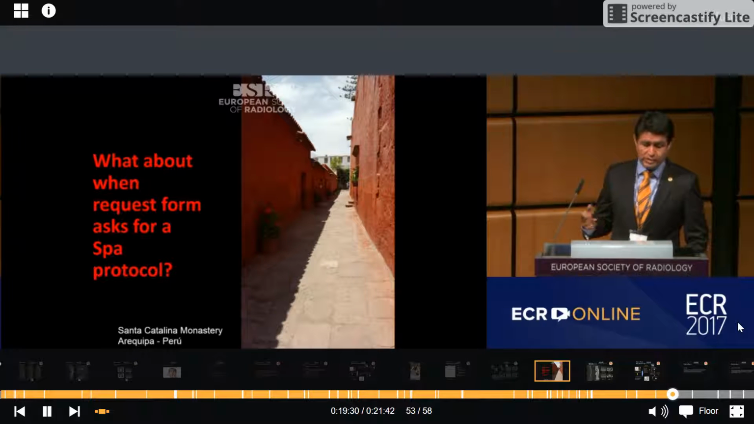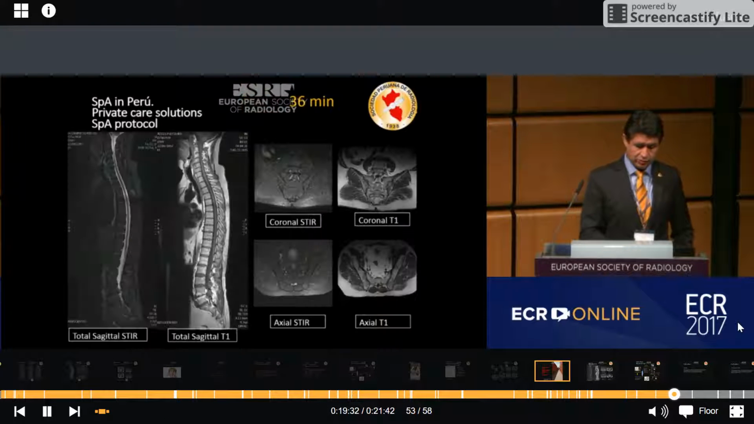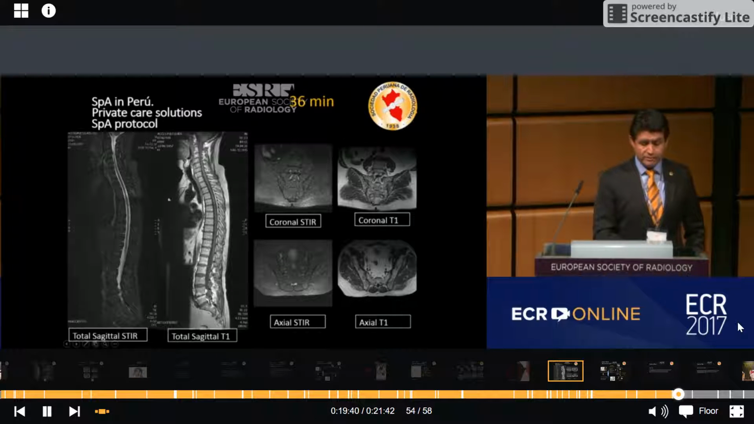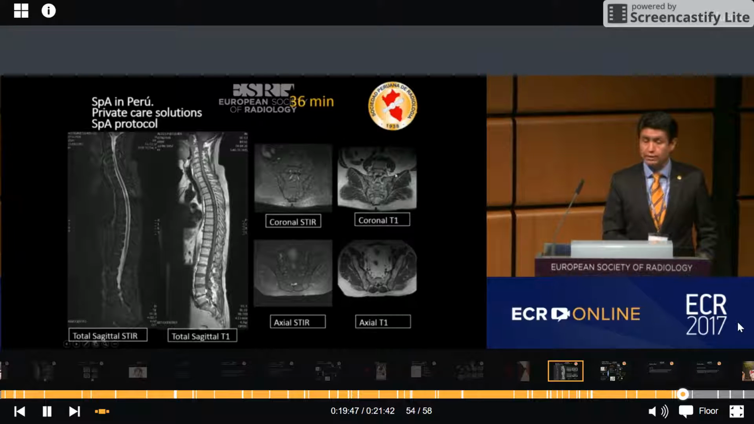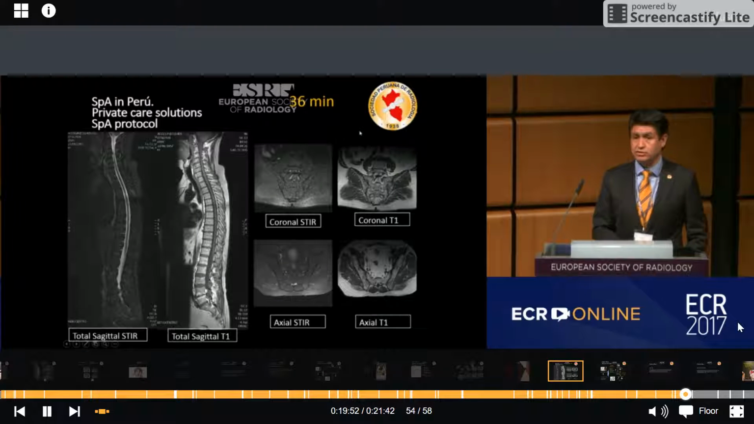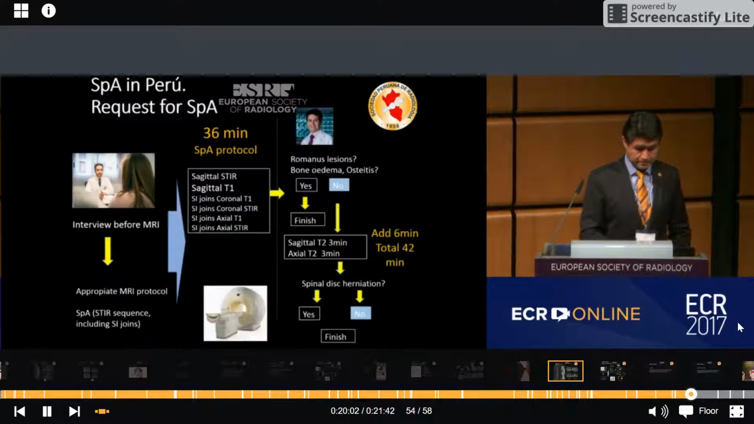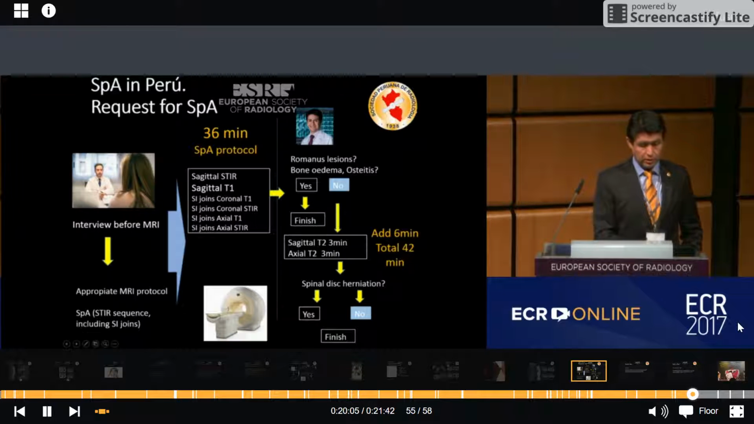And what about when requesting ASAS protocols? This is important. We did this exam: total spine STIR, total spine T1, coronal STIR in SI joints, coronal T1, axial STIR, and axial T1 in only 36 minutes. This is great. We can do this, and we can make a total exam trying to find inflammatory lesions. This is the protocol. We interviewed